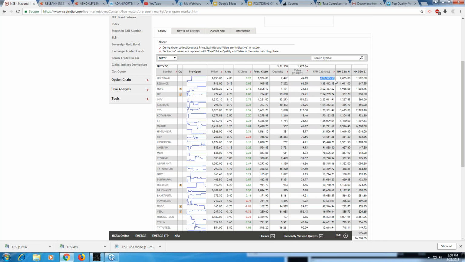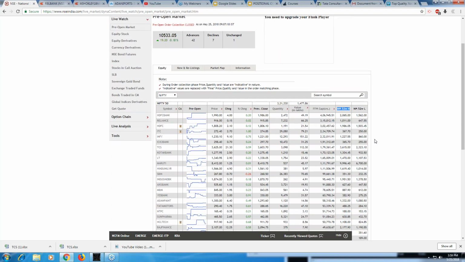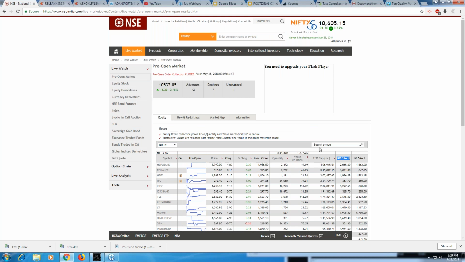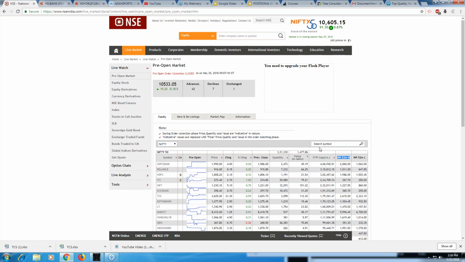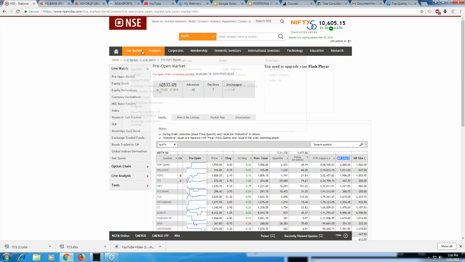the highest value in the crores, where it happened, where the capital is in crores, like you can see those stocks. Then 52 weeks high, which stocks are making 52 weeks high, and for this particular stock, what is its 52 week high and what is its 52 week low, right? This is only for pre-market, not once the market is open, right?